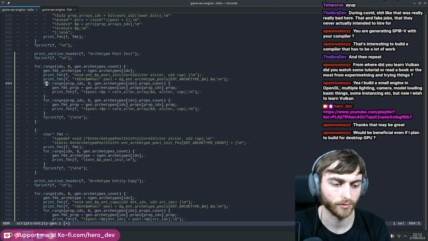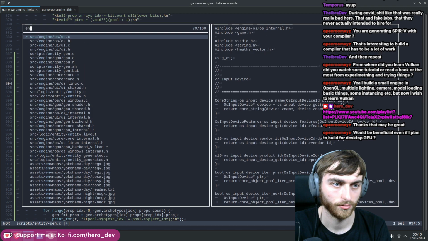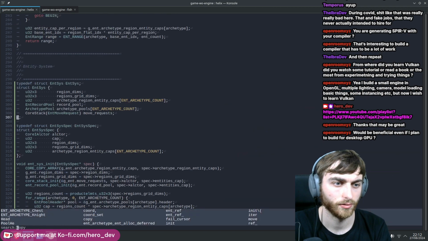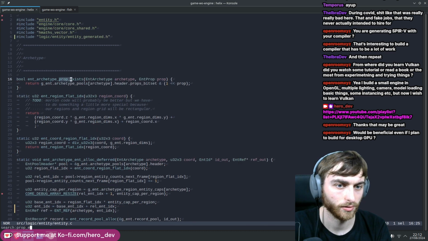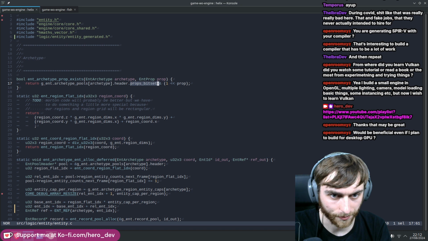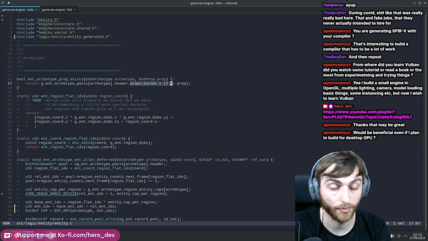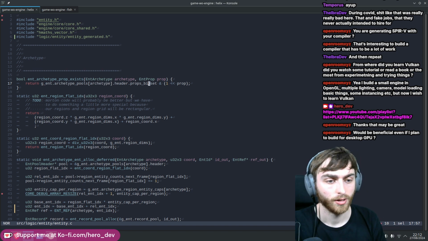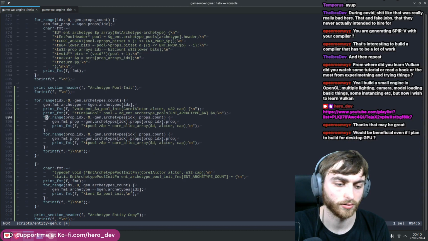There's some functions like entities, is it like has prop exists, is that it? Yeah, so there's this sort of props bit set where you can take that sort of property enum, which is code generated, and you can check if this entity has this property. And there's also another thing as well in the code generated